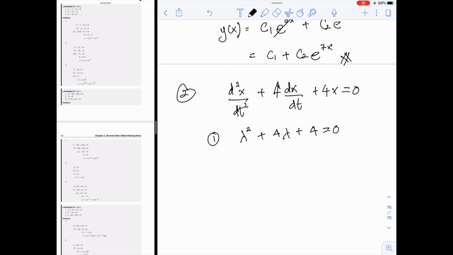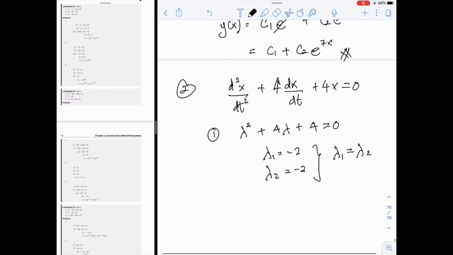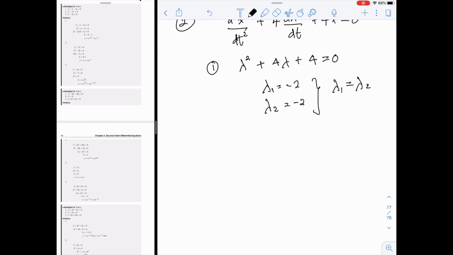So you will end up having your lambda 1 equal to negative 2, and also your lambda 2 equal to negative 2. Then you can conclude that the roots for this one are lambda 1 equal to lambda 2, so it takes the second case,